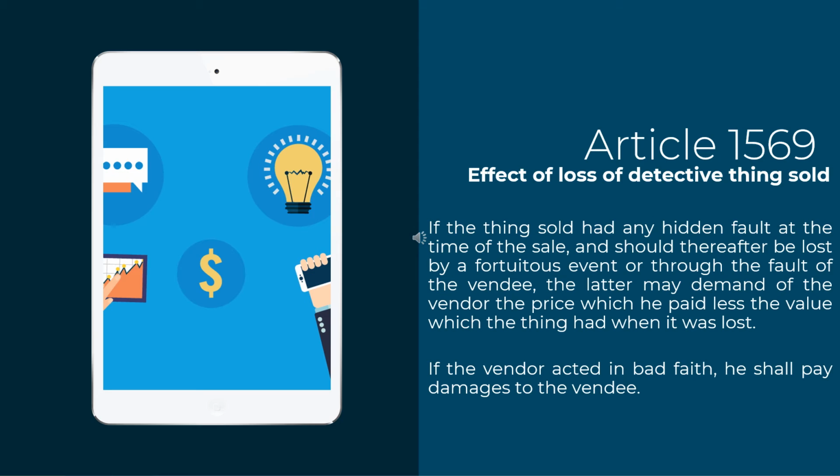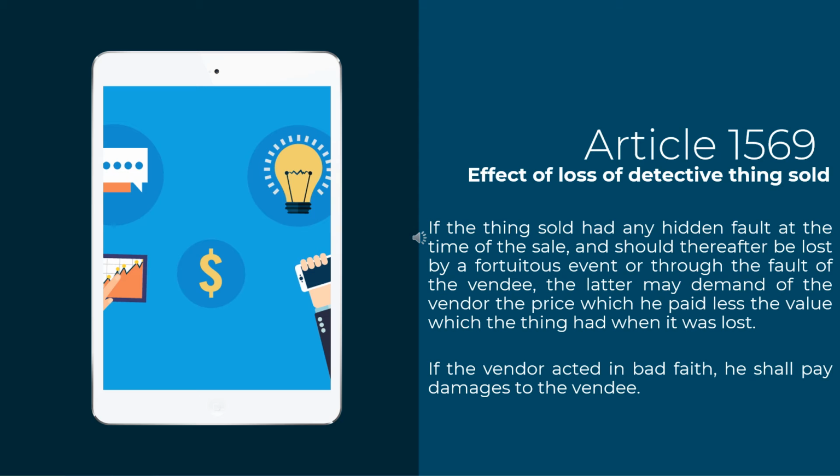Previously, Article 1568 mentioned two different cases from the perspective of the vendor with regard to the hidden defects. The first case was when he was aware of the hidden defects, and the second one is when the vendor was clueless about the hidden defects. But both cases still made the vendor liable and responsible to return the price paid by the vendee, also the expenses of the contract made between the two, and also the interest.